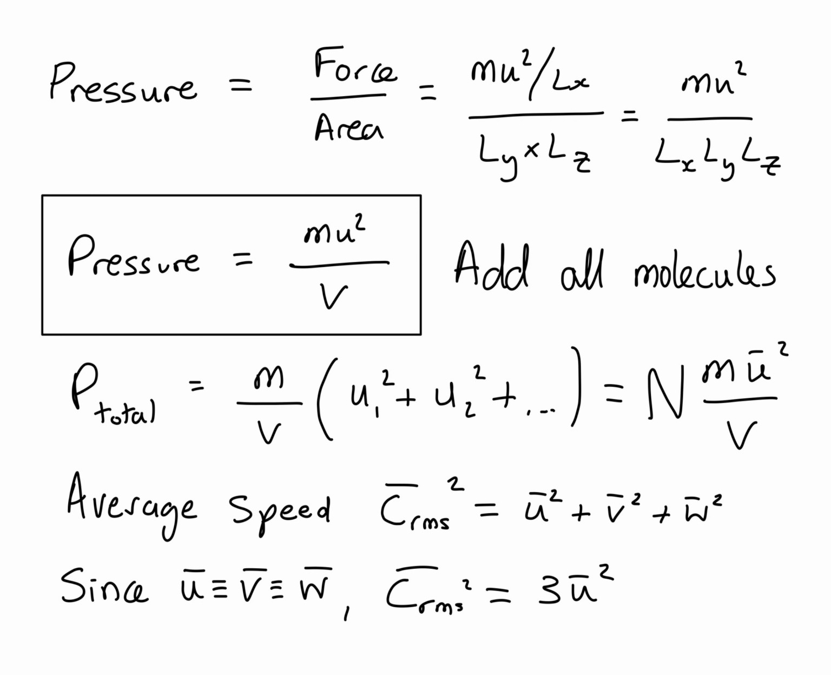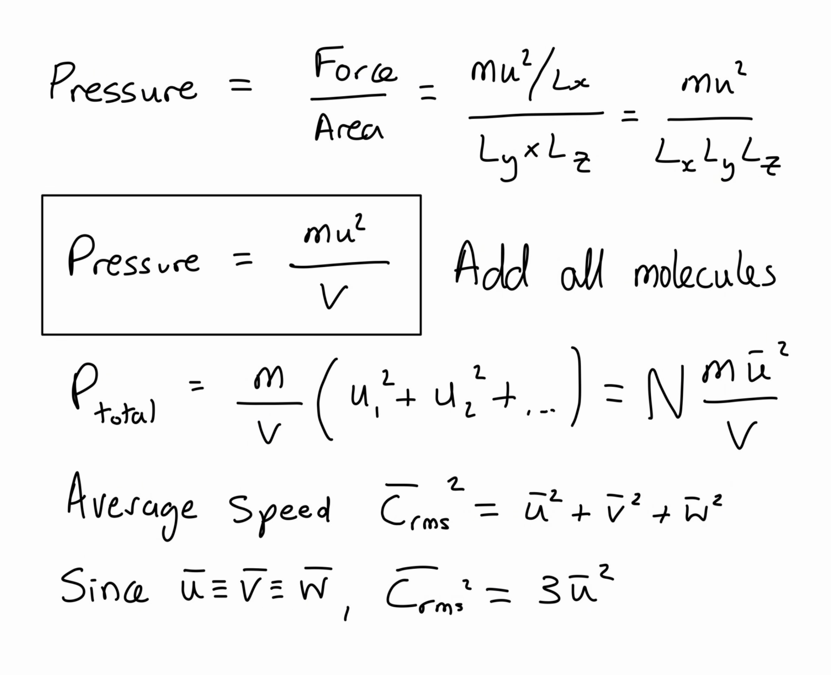Pressure is force over area. Divide by the area of the wall, Ly times Lz, and the three lengths on the bottom multiplied together give the volume of the box. So the pressure from this one molecule is mu squared over V. Now scale up to N molecules. Add up the contribution from every one of them, and you get pressure equals m over V times the sum of all the u squared terms. Replace that sum with N times the mean of u squared, and the pressure is N m u bar squared